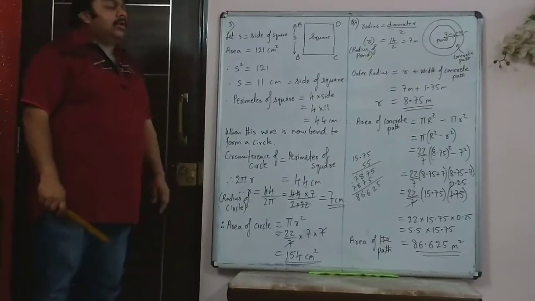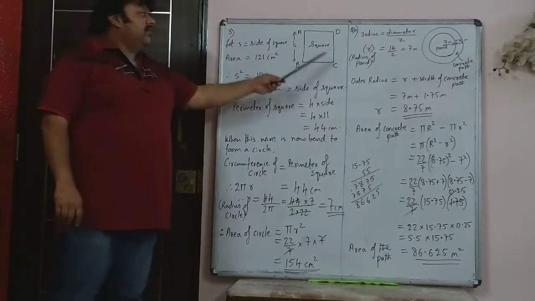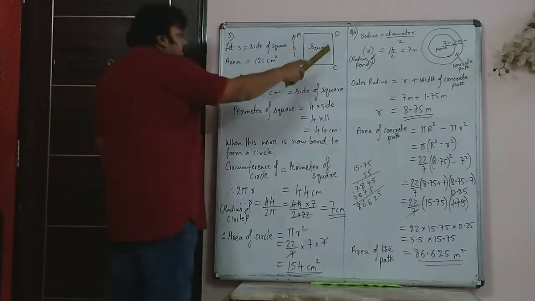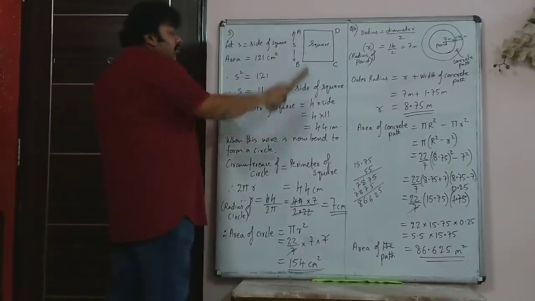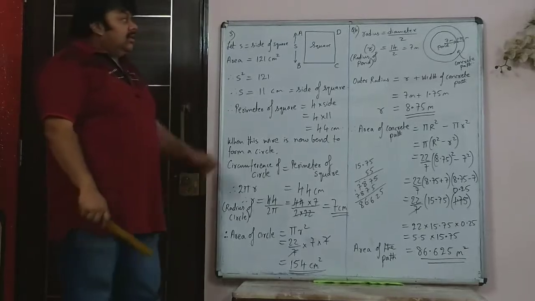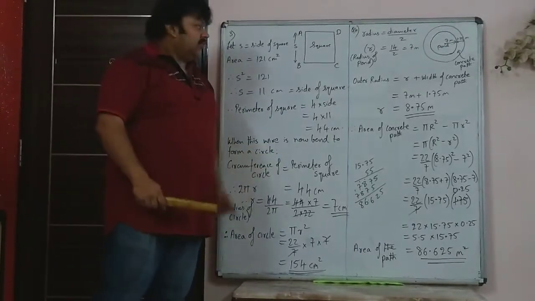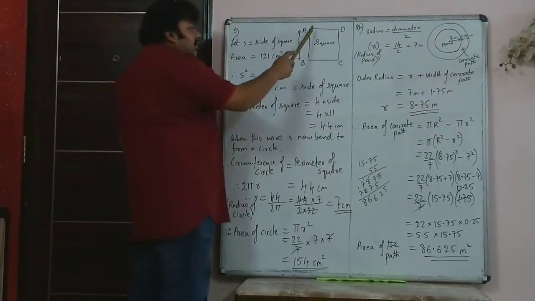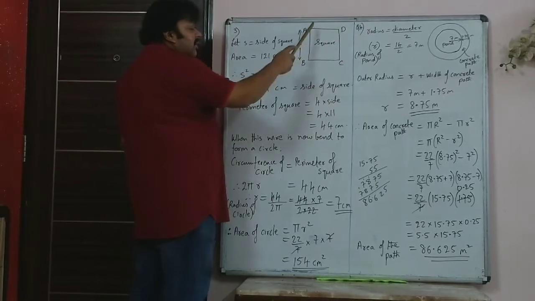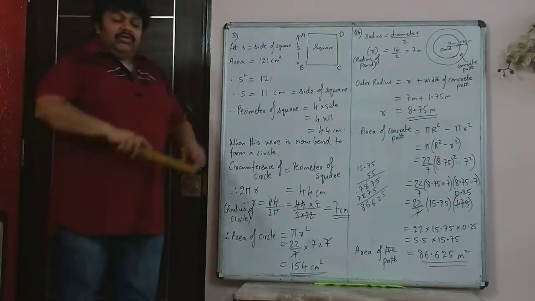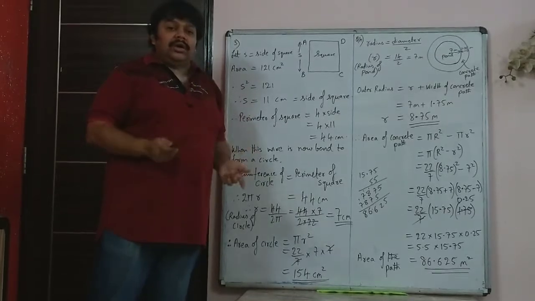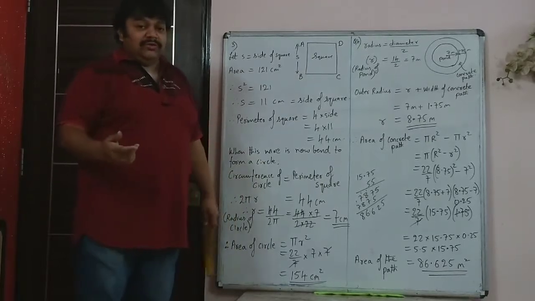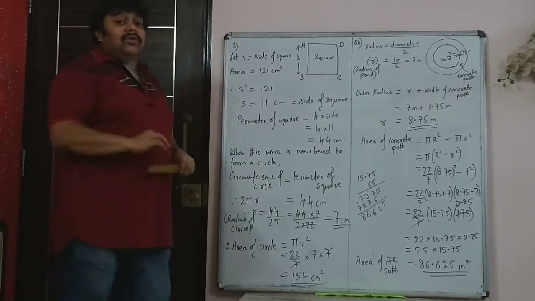Now in the third sum, we have first a figure in the shape of a square. Now this is a wire which is bent in the shape of a square. And after that, that same wire is thereafter bent in the shape of a circle. So the total length of the wire is AB plus BC plus CD plus AD. That is the perimeter. So whether it is made into a circle or an equilateral triangle, whatever, the total length remains the same. The length won't change. Yes, the area will change based on the figure.